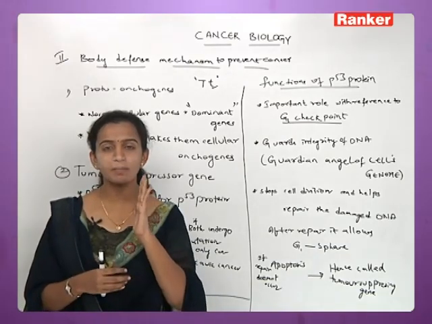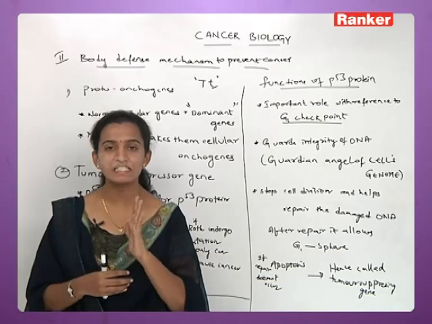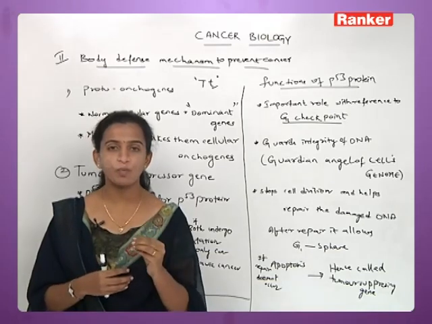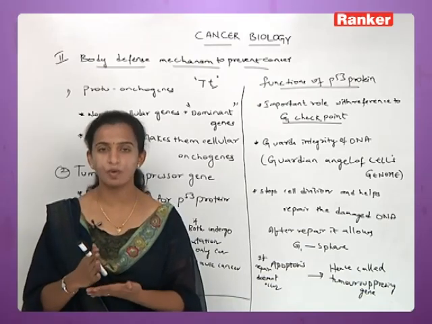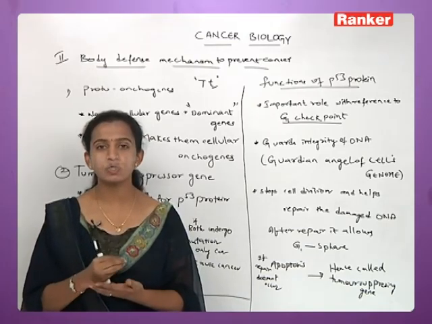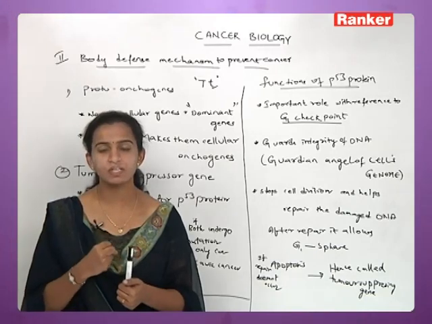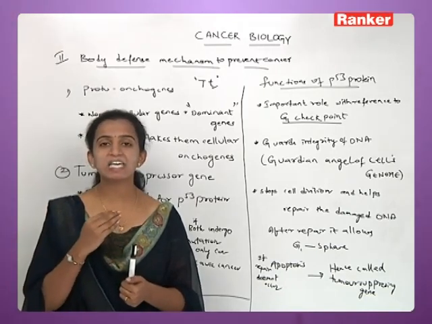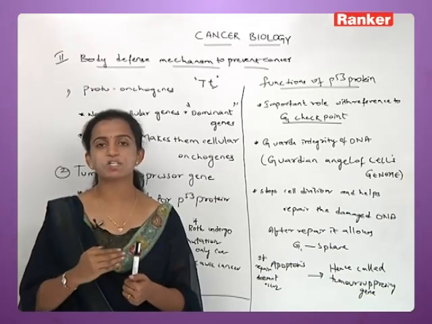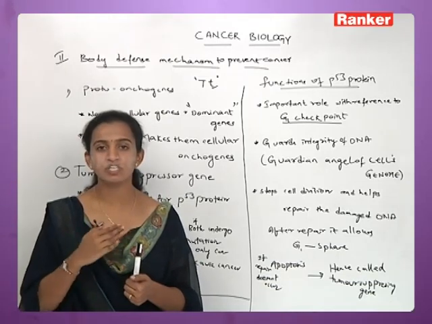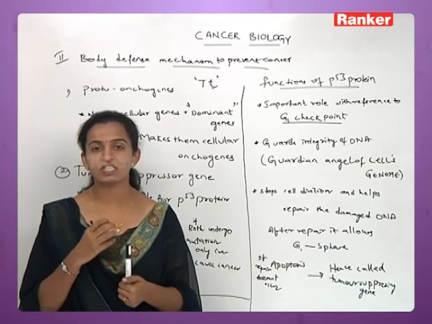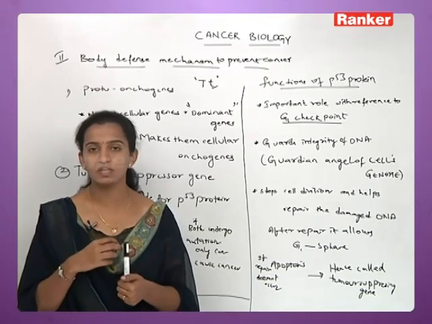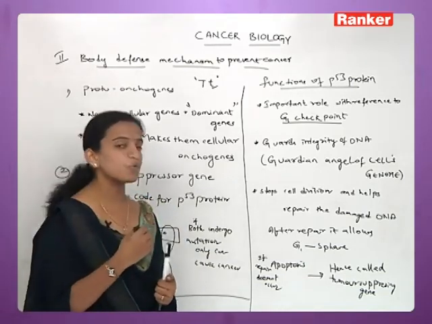If the P53 protein is losing its character as a kind of checkpoint, then there is no tumor suppressor gene present in our body. Why is it called a tumor suppressor gene? Because it is checking each and every cell whenever it is going for a division. Whenever there is a division in each and every cell, the checkpoint is nothing but the P53 protein. That is the reason it has a tremendous role in our body, and it is very important.